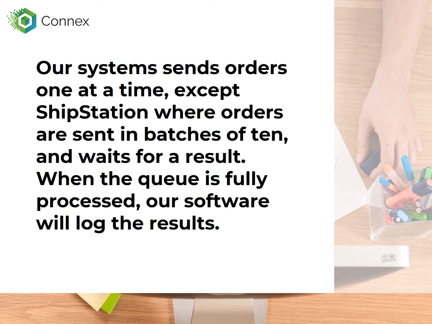So I said earlier that almost all of our systems except ShipStation send the orders one at a time. With ShipStation, as of now, we can send the orders in batches of 10. And when that queue is fully processed, our software will log the results. And you can get emails saying that, oh, this order failed to sync and here is why. ShipStation can sense an error and say, oh, you're missing the city field, you're missing a customer name, and you